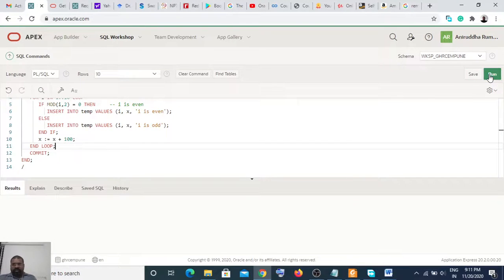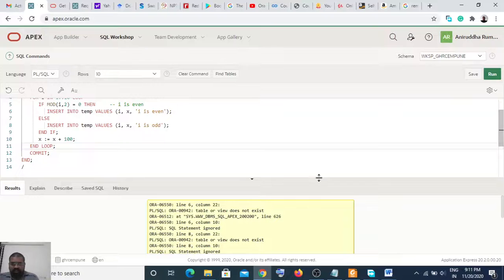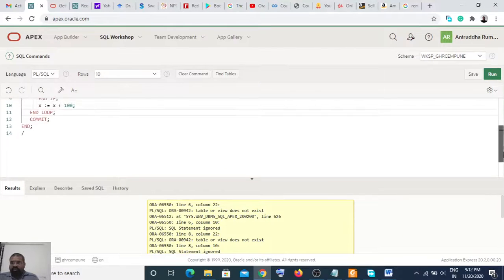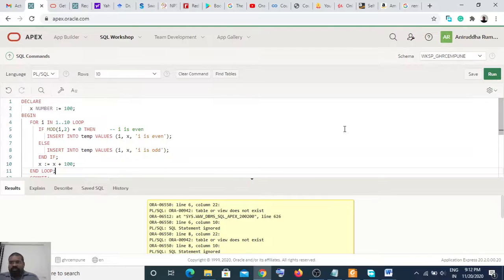If there is any error, it will show that error. It says column 2 does not exist, table or view does not exist, and likewise. Now if I say x is number, okay, let's go with this simple x 100 as a number, or you can simply write another program for this.